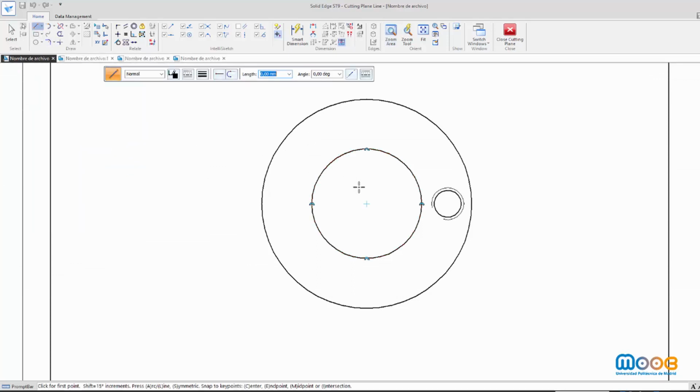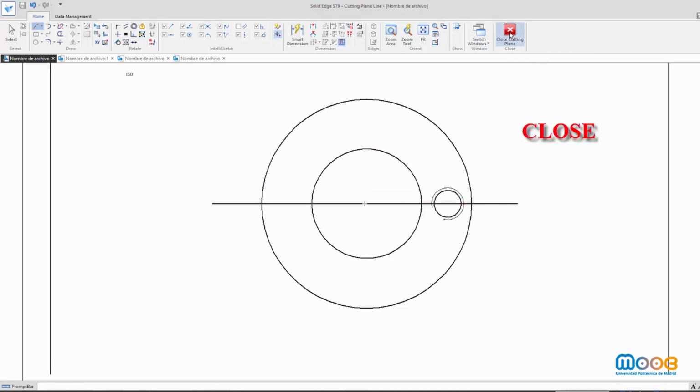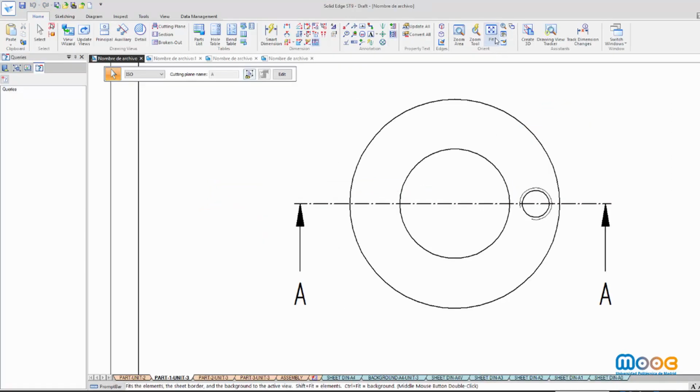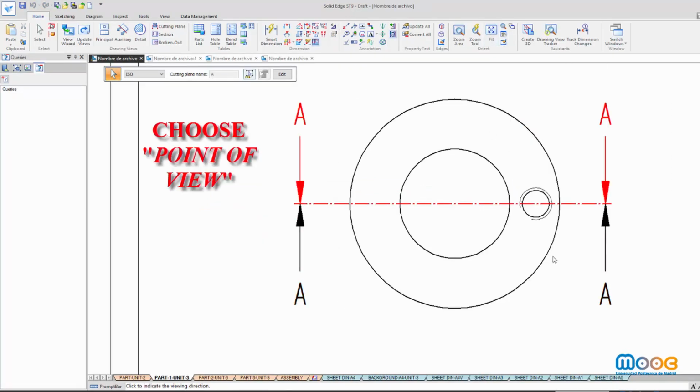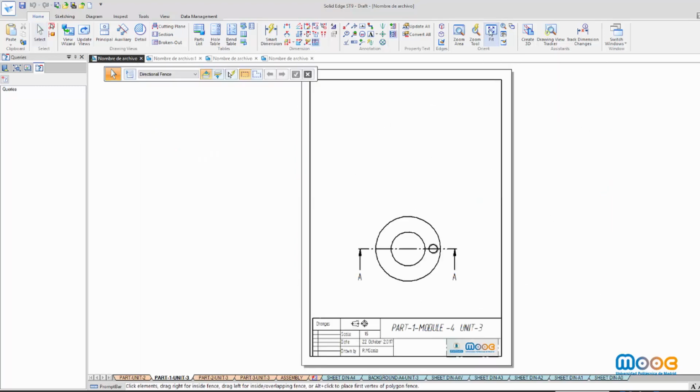I must set the center, and with the alignment I can start drawing my line, which will be my cutting plane. I close and I can choose my point of view. I want this point of view. I have my cutting plane, and now I say section.